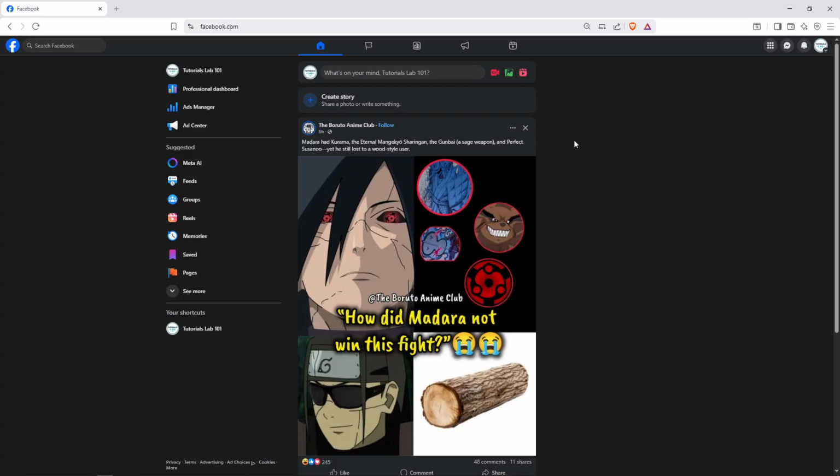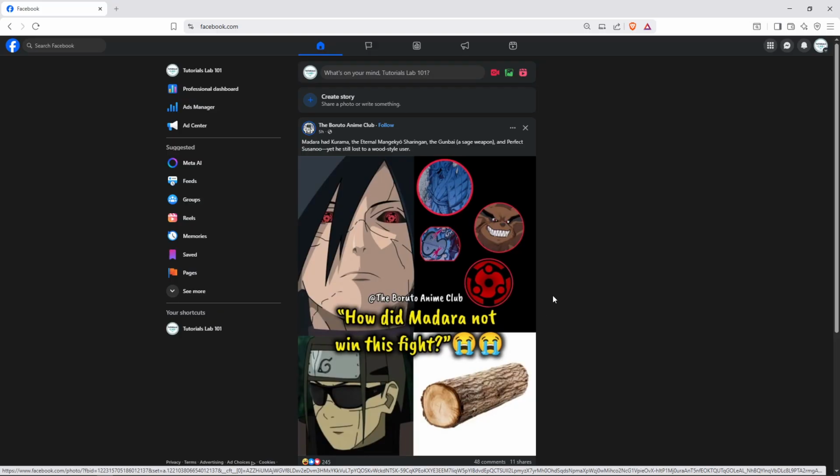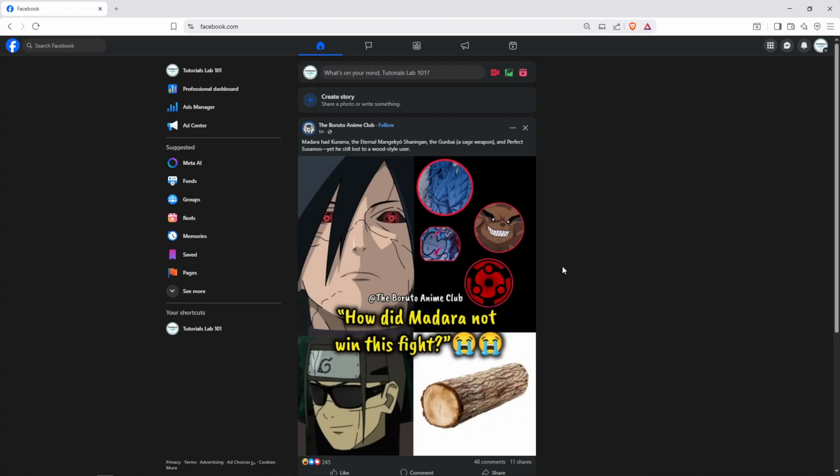First, open your browser and navigate to facebook.com. Once you're there, log in using your Facebook business account credentials. After signing in, you'll be directed to your Facebook homepage, which serves as your central hub for managing all your